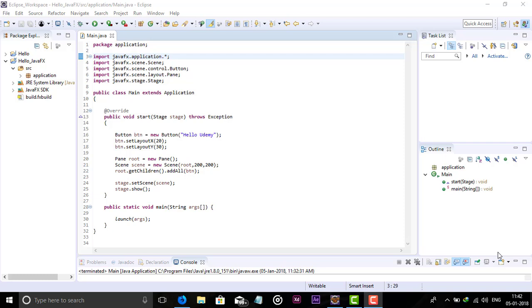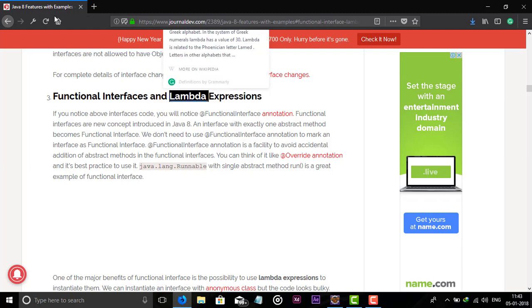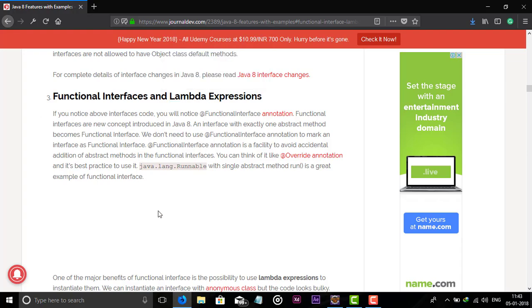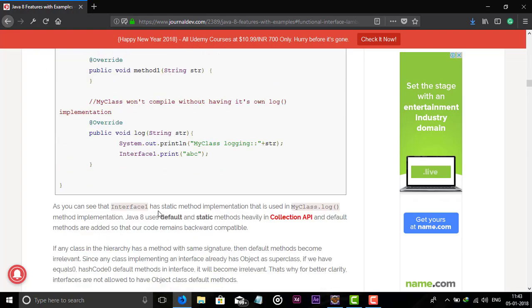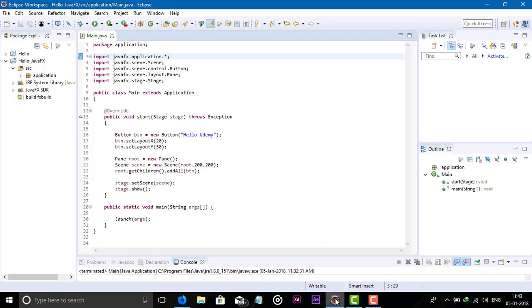So in this video we will see how to use lambda expression. Lambda expression is a feature of Java 8, or we can say JDK 8. When we search for the features of Java 8, this is the third feature, and I will say this is a main feature of Java 8 that is very useful. I will show you practically how it works and how it's different.